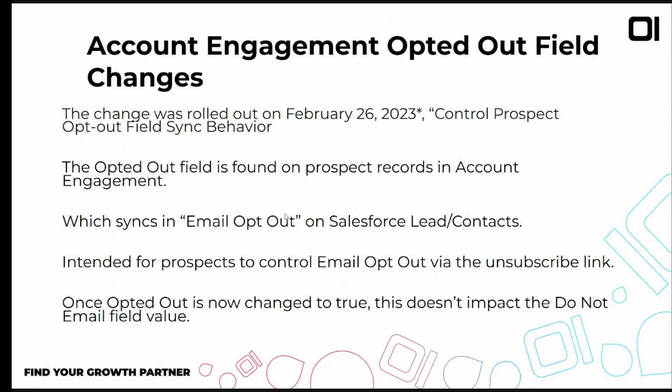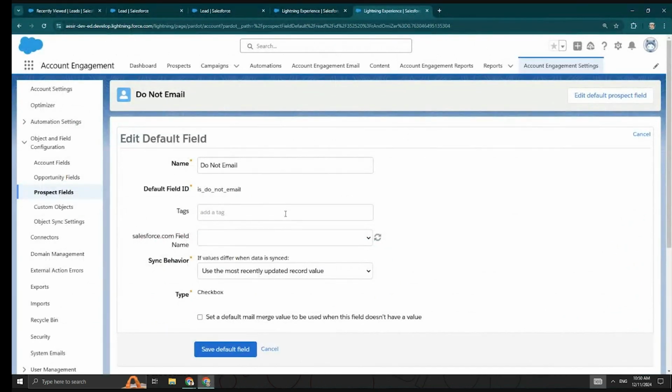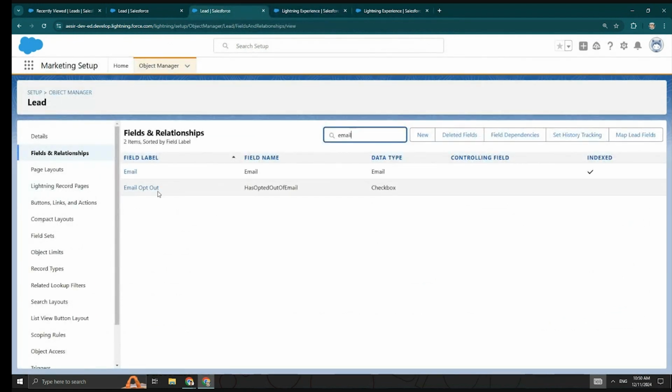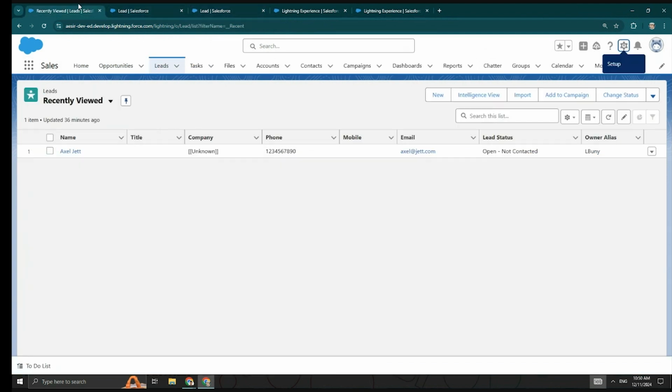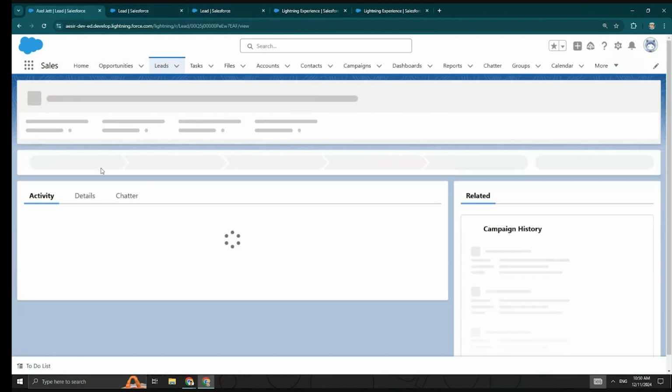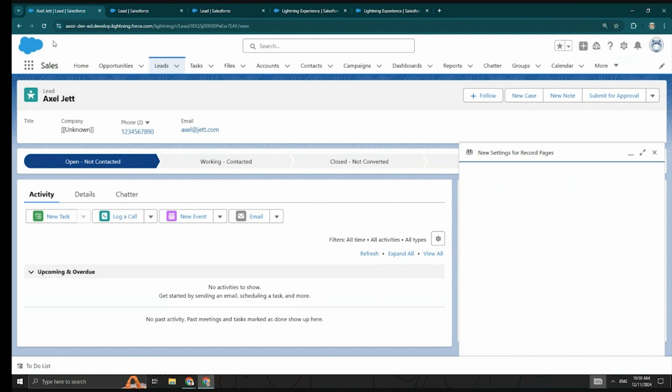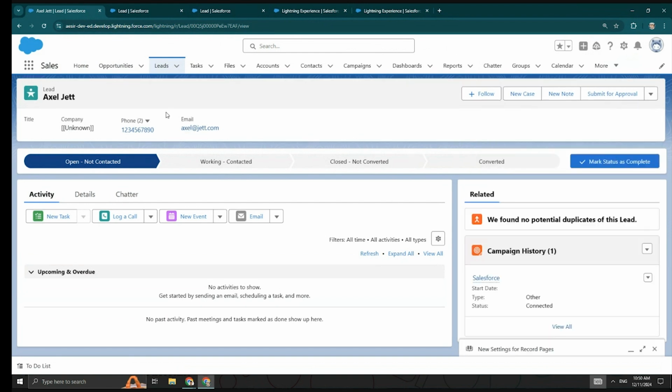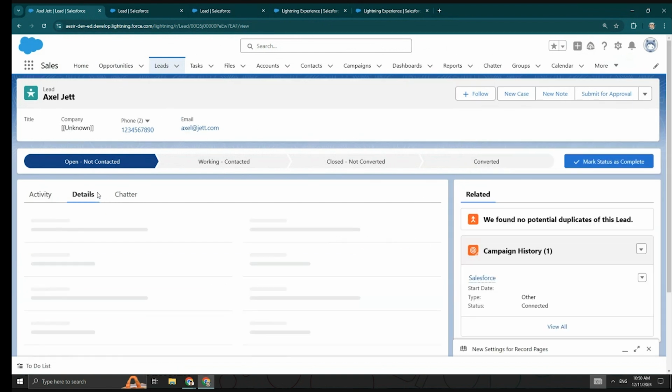As you can see, the opt out field is found in Account Engagement. If we go here, this is the opt out field, and it's actually synced to opted out in Salesforce. If you go to the lead, this is the opted out email. So if we go to a sample lead record, by the way, this is just my testing environment, I have a lead here, and